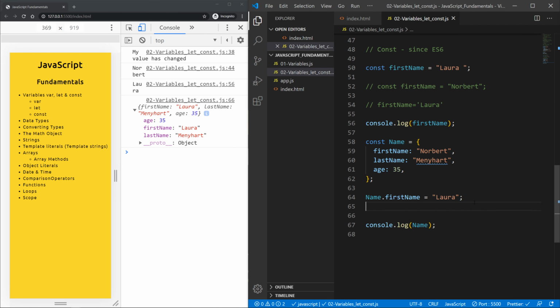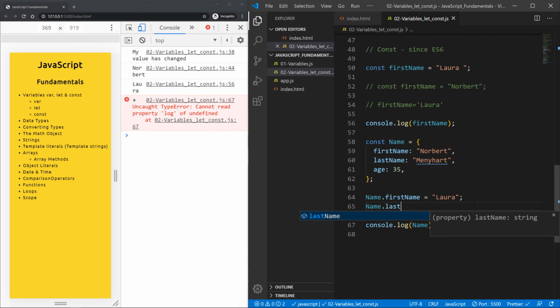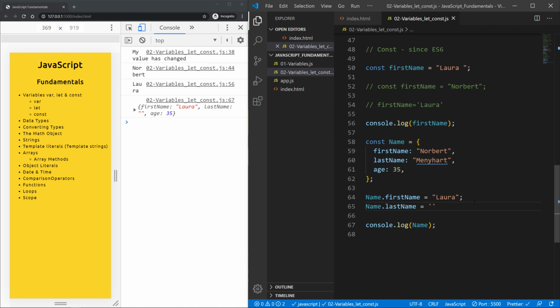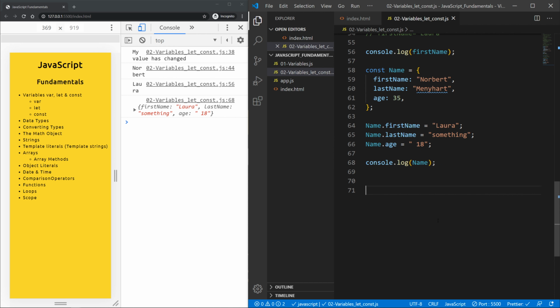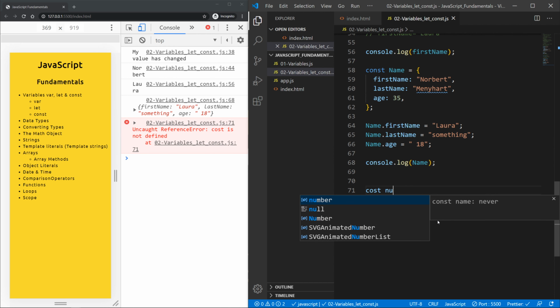I can do the same thing for the last name. So name dot last name is equal to something, and now the last name has changed, and also name dot age is equal to 18, and now the age has also changed. Now for example, if I would have a const with numbers and I would assign them an array